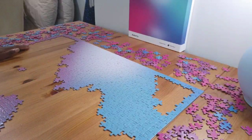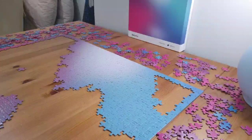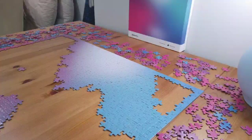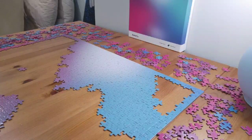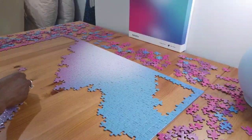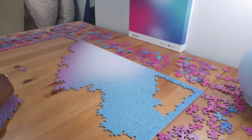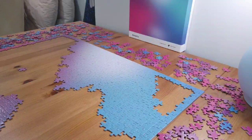For those of you who watched my other videos, you'll see that I finally finished the outline here. We had a missing border piece in pink that I found this morning. Whew, excuse me. So it's nice to finally have that stabilized and up and rolling. So border is done. And then I'm just kind of working on